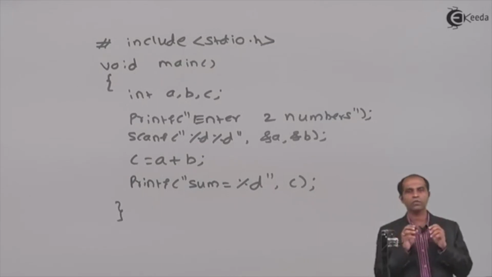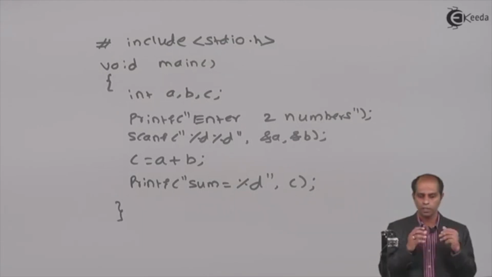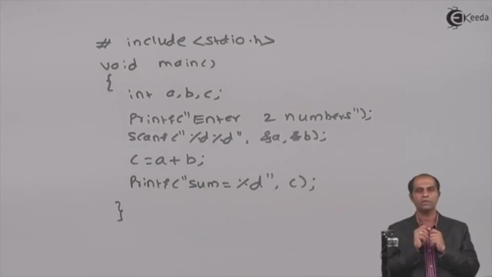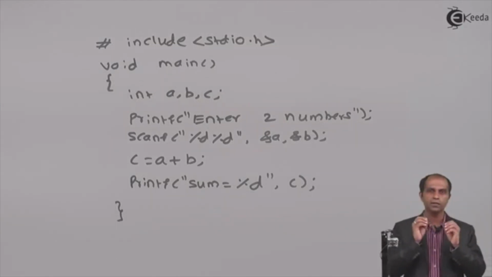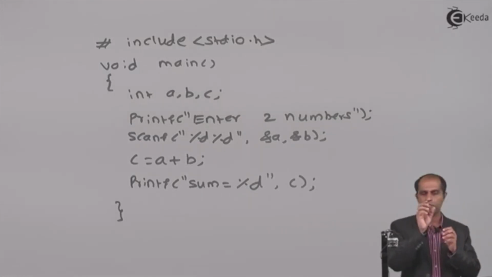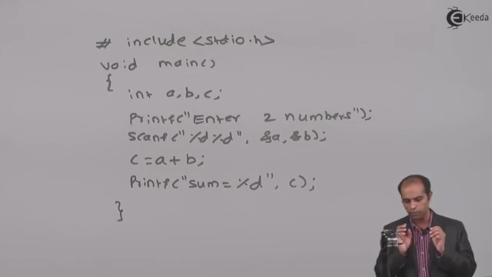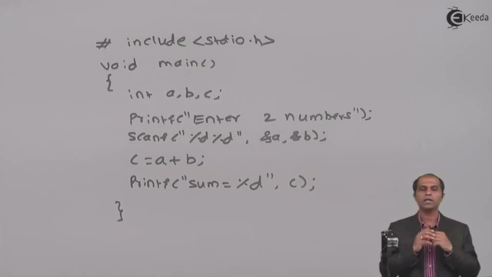Most of us will try these programs with Windows as the OS and the Turbo C++ compiler. There we'll first type the entire program into the editor and save this particular program. By default, the program name is noname.c. You can give a name to it. Always make it a habit, before you start executing or compiling the programs, to save the programs. The default name is noname.c. Suppose I wish to store this program, I'll give the name sum.c. So you'll say sum.c. After that, you will type the entire code.